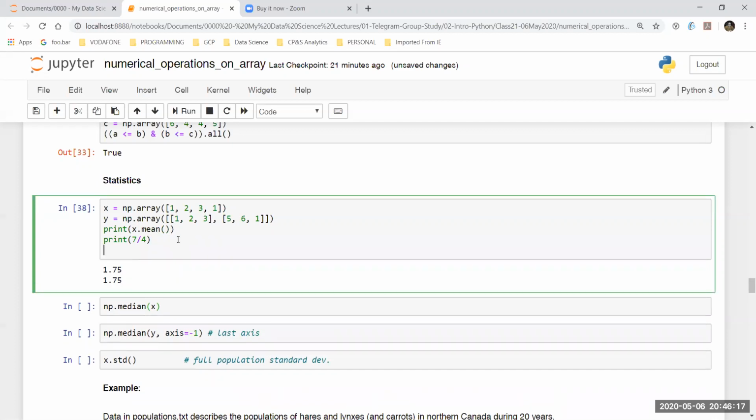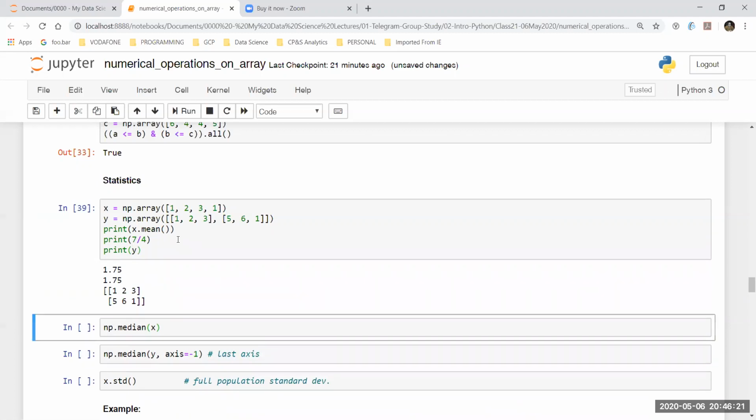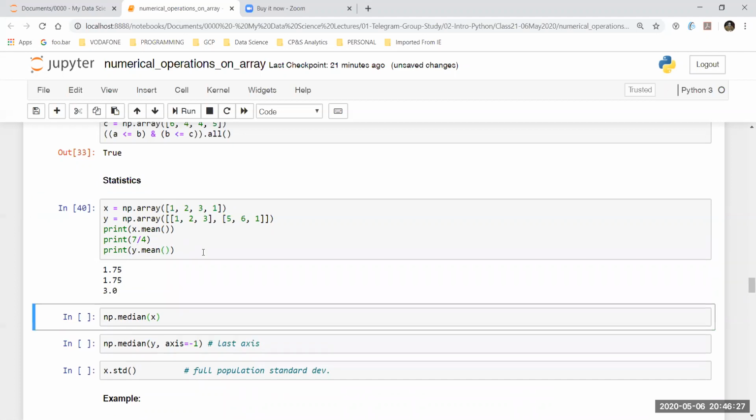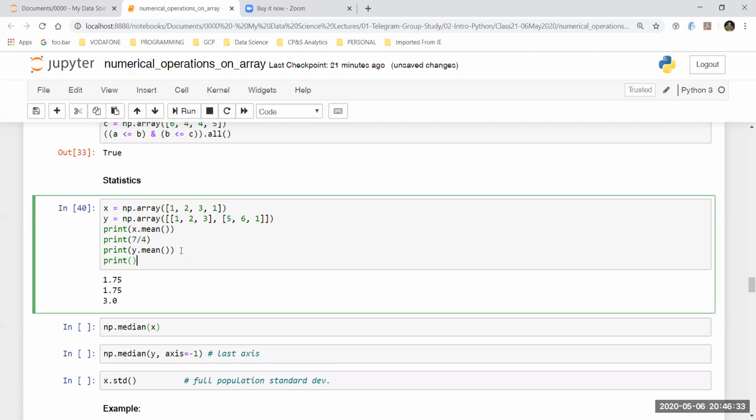Now, if I do the same thing with y, then y dot mean is going to be something like this. It is 3. Okay, why is it 3? Because it has summed up everything. There are 6 items, so I'm going to take the sum of all items, 1 plus 2 plus 3 plus 5 plus 6 plus 1.